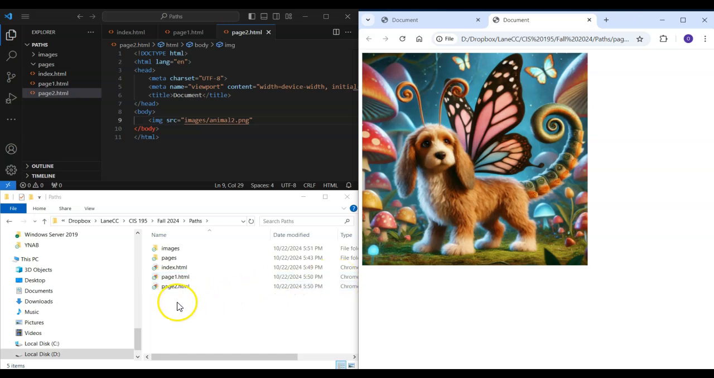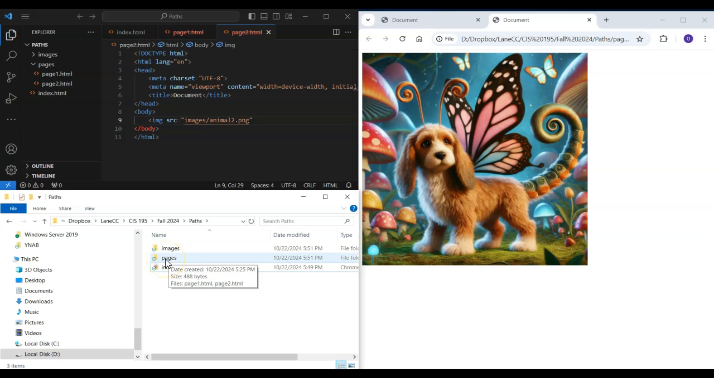Okay. So let's move on to what is probably the most complicated piece. And that's what happens if you have the pages in a subfolder and then the images in another subfolder that's not within that pages folder. So let me take both of the pages files and move them inside the pages folder. Okay. So now if I were to refresh this,